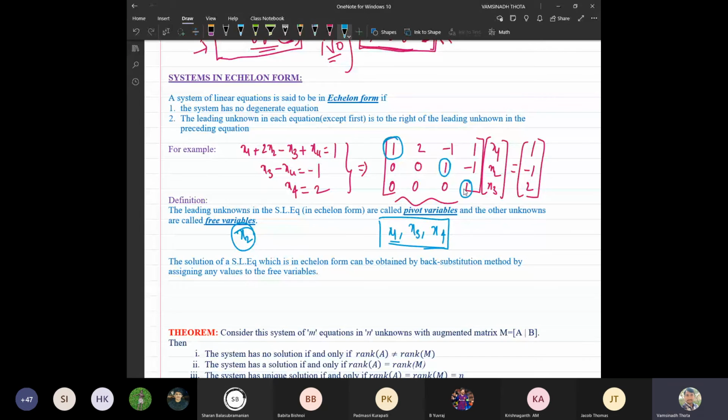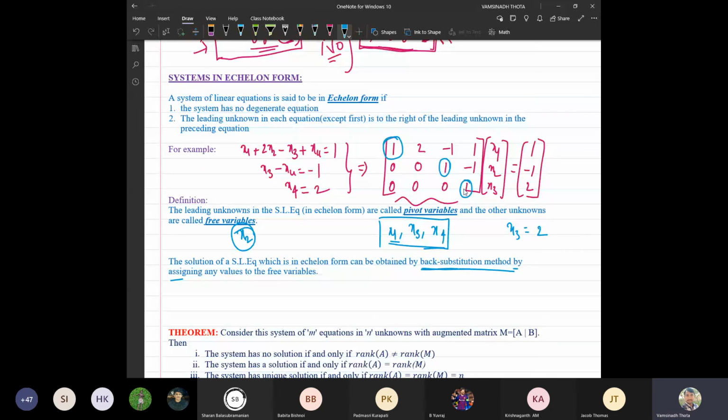Now, what about the solution for this system? The solution for a system in the echelon form can be obtained using the same technique, the back substitution method, but by assigning any value to the free variables. Why assign any value to the free variables? You solve this system, you will understand. If you look at the last equation, we will directly get